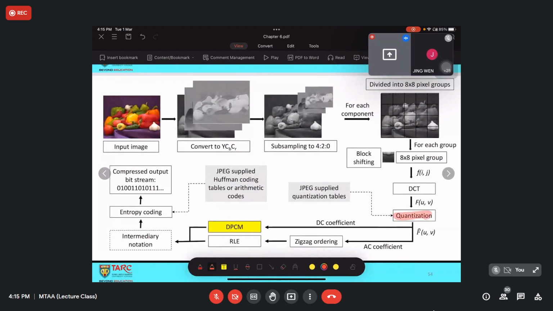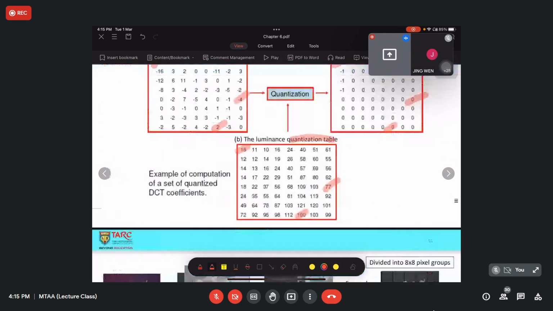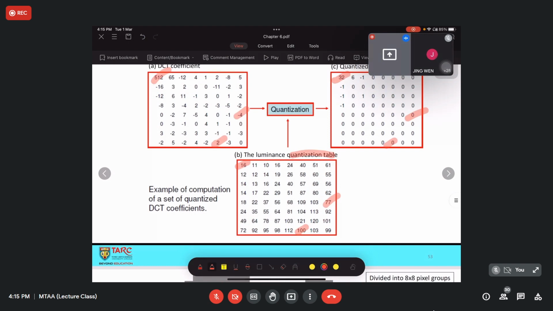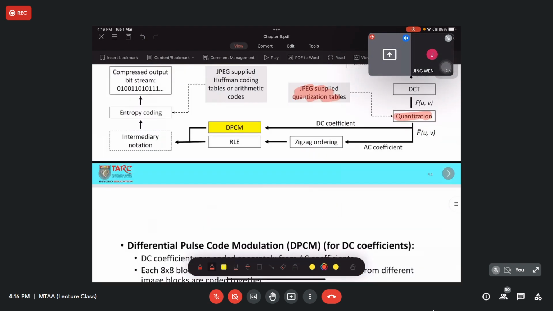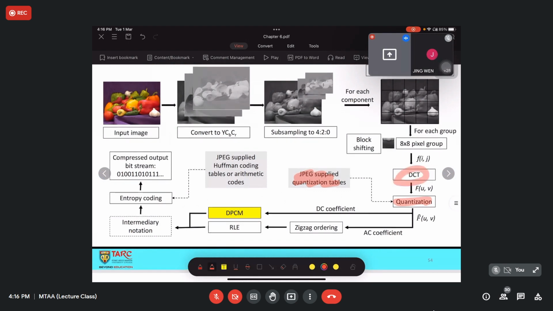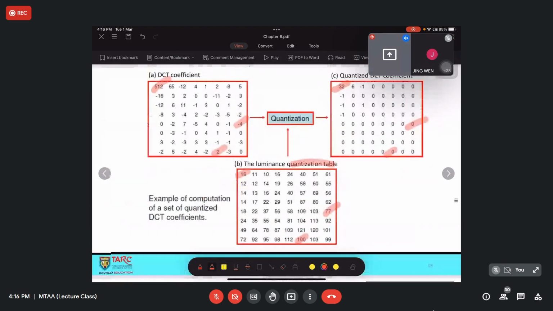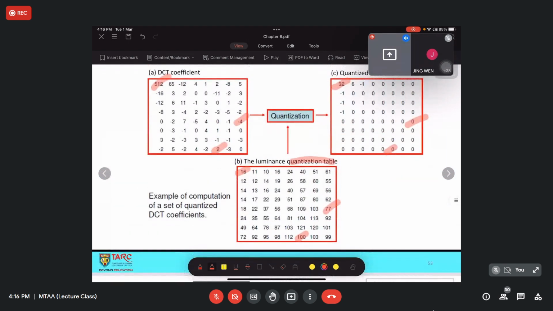So always remember the quantization table is supplied by the JPEG group. After you complete the DCT step, you would have your DC and AC values, just that you haven't performed any quantization.